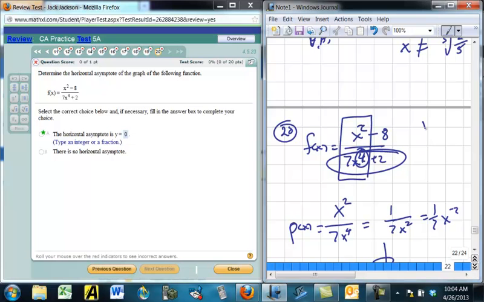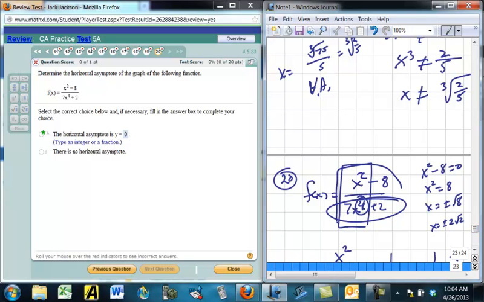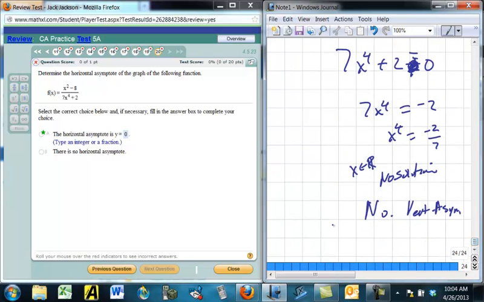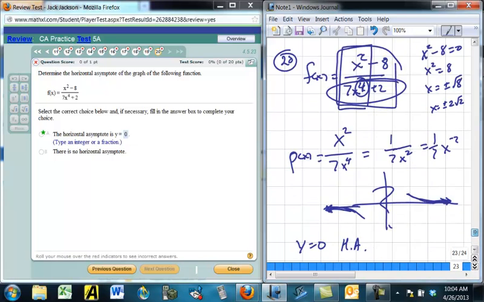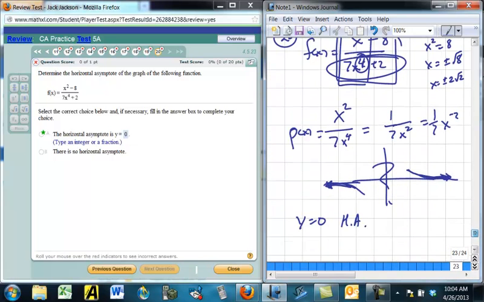Where does it cross the x-axis? X squared minus 8 is 0. X squared equals 8. X is plus or minus the square root of 8. 8's 2 cubed, so this is 2 square root of 2. So we have some things. Actually, notice this one also has all even powers, so it's going to be symmetric about the y-axis. So wherever it's going to cross here and here, eventually it's going to come down this way. Eventually it's going to go this way. So it must do something like, well, let's see, it only crosses twice,